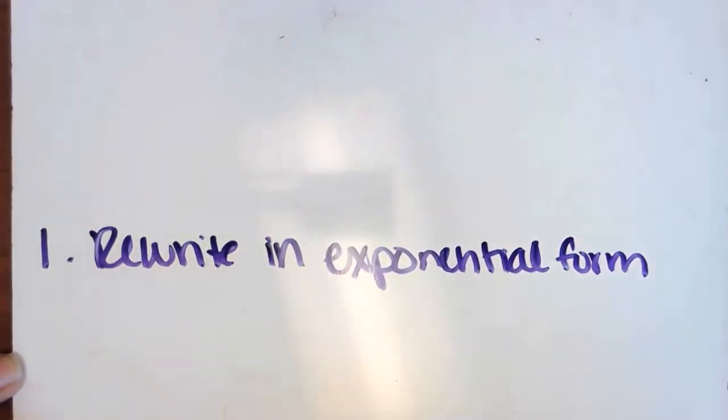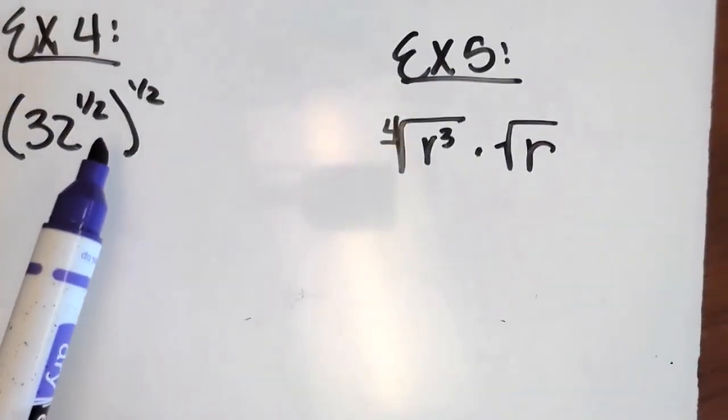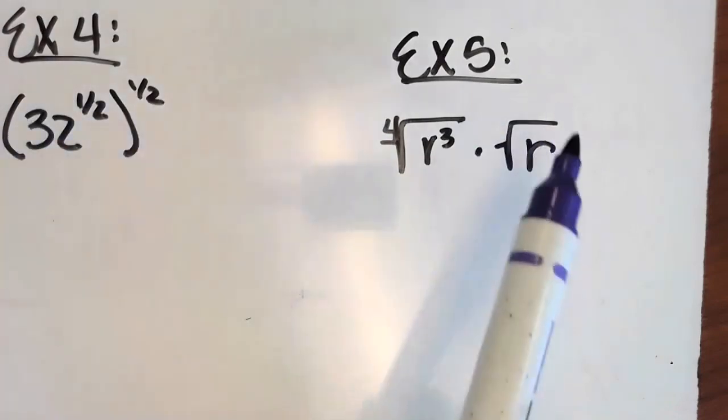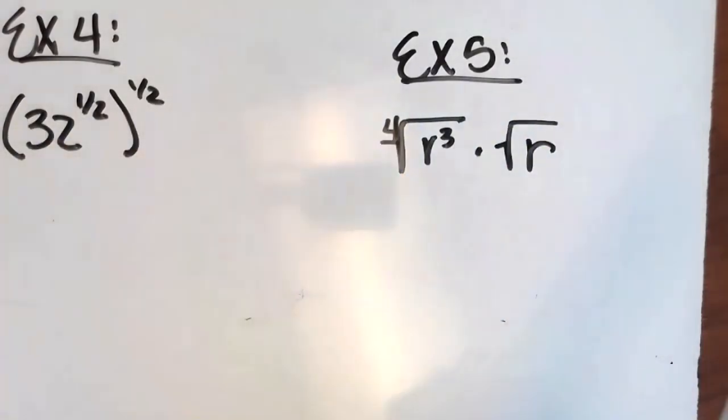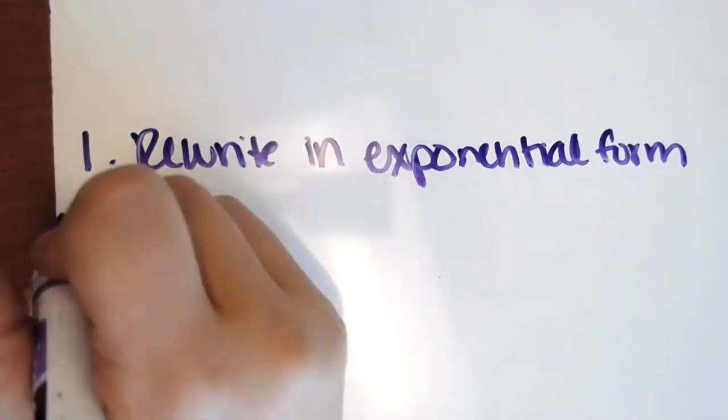So first things first, you want them all in exponential form. This first example is already in exponential form, but the second one is not, so we will need to change them to exponential form first. Secondly,